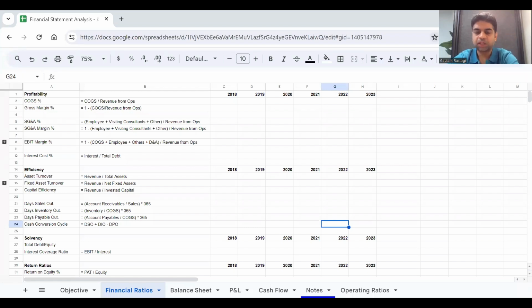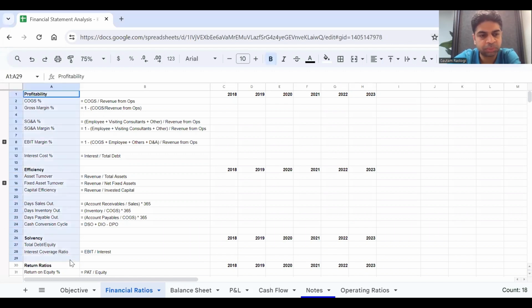So let's talk about financial ratios for this healthcare provider. These are the ratios that I intend to cover in this session, which are profitability, efficiency, solvency, and return ratios. All right. So before we dig into these ratios,